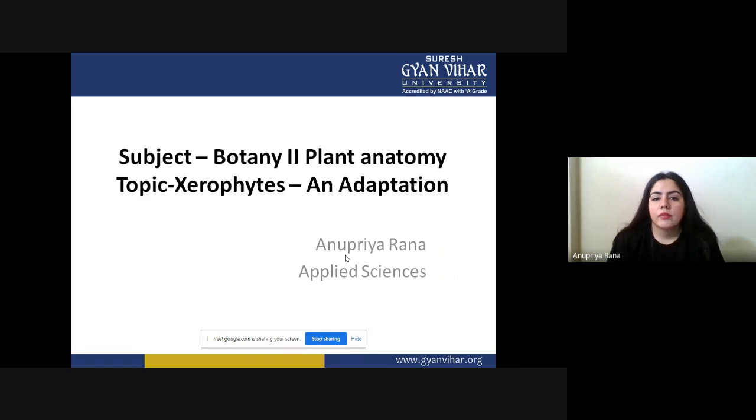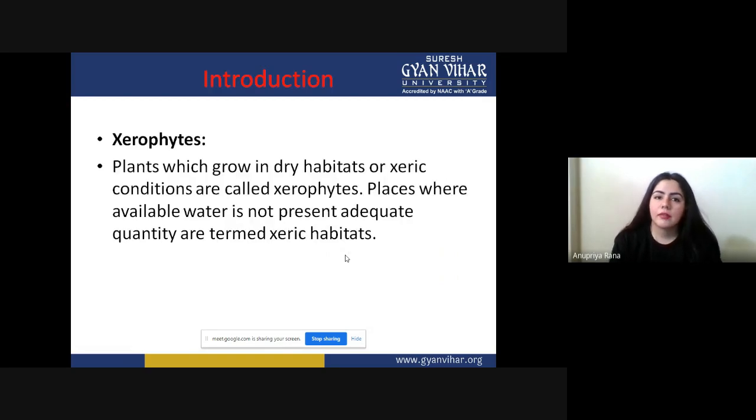So today we are going to see xerophytic plants in botany. As you already know, plants have several characteristics, like hydrophytes, xerophytes, mesophytes. So what we have to see today is the xerophyte plants. Basically, xerophyte plants are those plants which live in desert conditions, or you can say water deficit conditions, where water quantity is very less. If a plant is living in those conditions, we can call it a xerophyte plant.